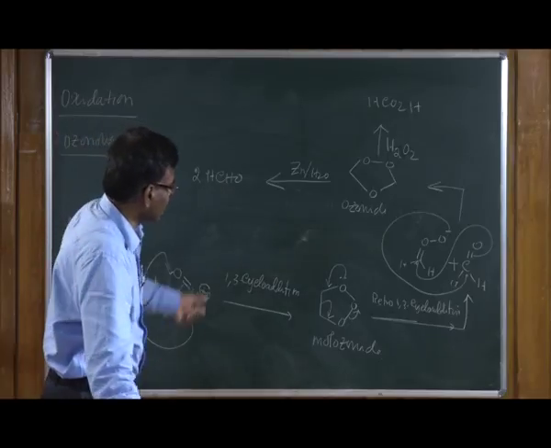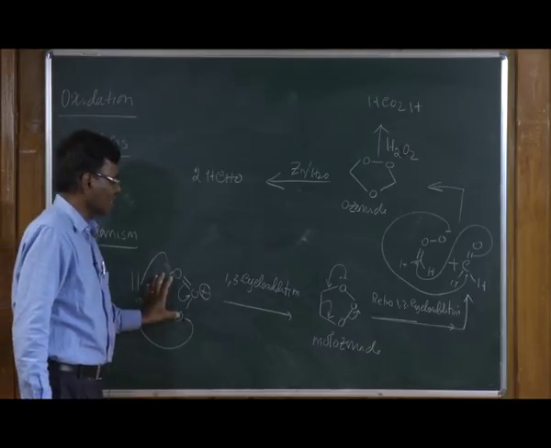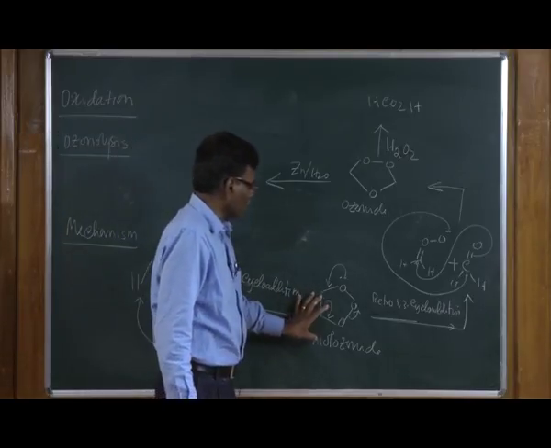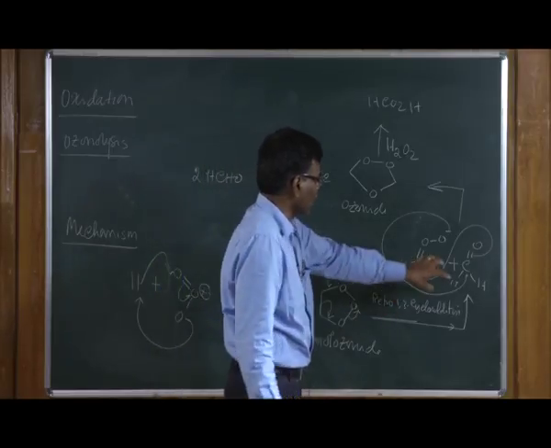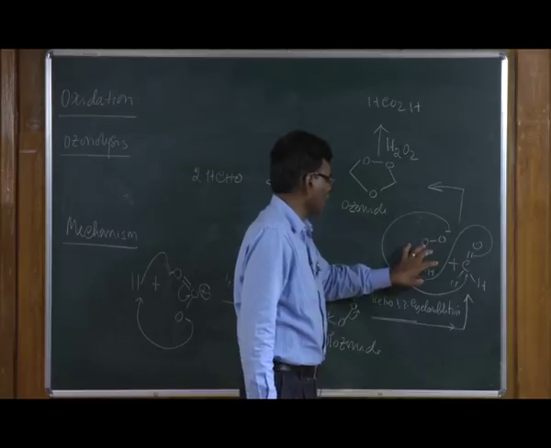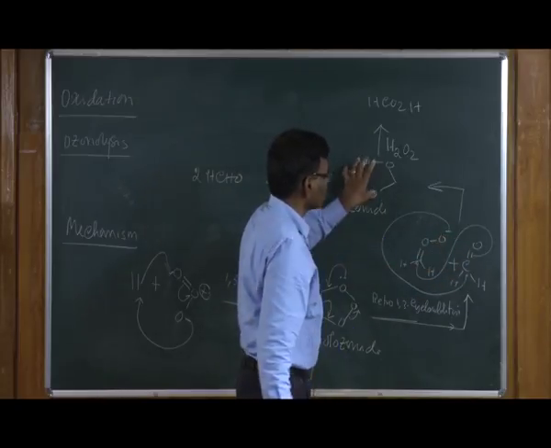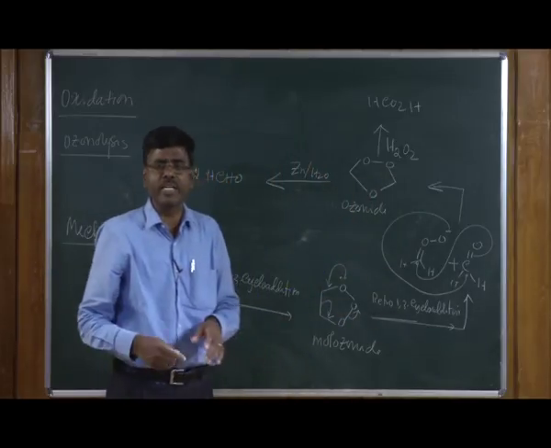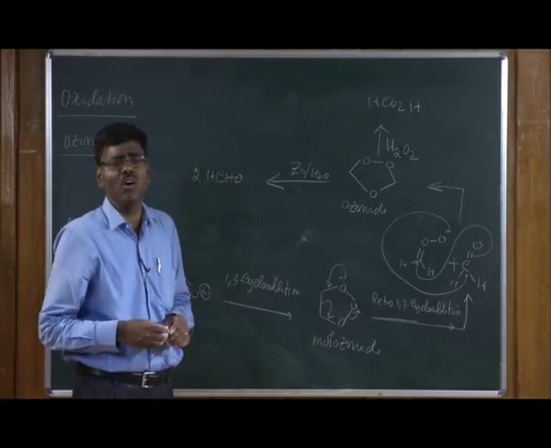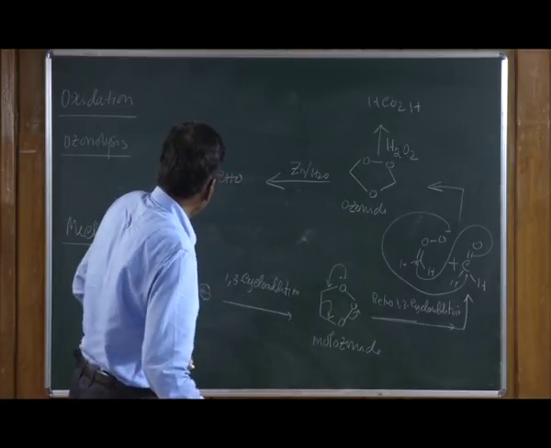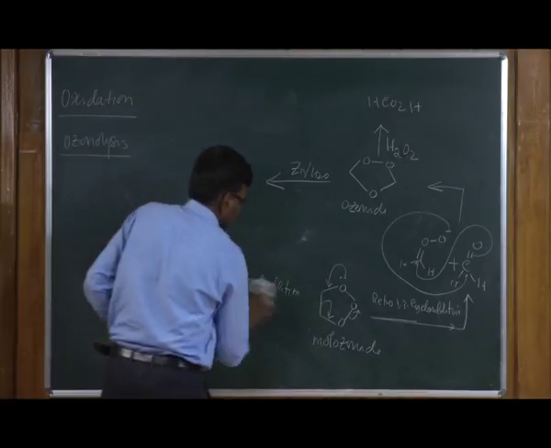On the other hand, this is the mechanism of the ozonolysis. It undergoes 1,3 cycloaddition, and once you form this intermediate, it again undergoes a heterocycloaddition reaction to give this carbonyl group and carbonyl oxide species, which undergoes further reaction to give this ozonoid. This ozonoid, when you treat with zinc and water, is converted into the corresponding aldehyde. And instead of ethylene, if you take other alkenes, for example,